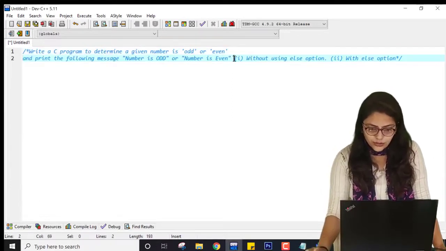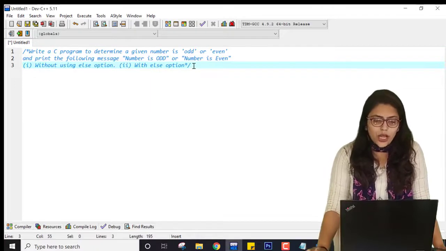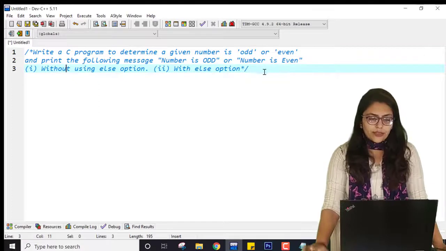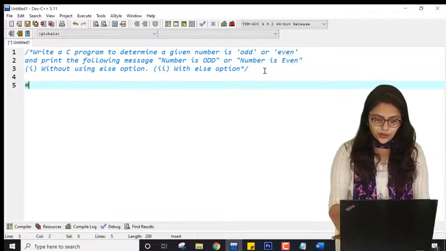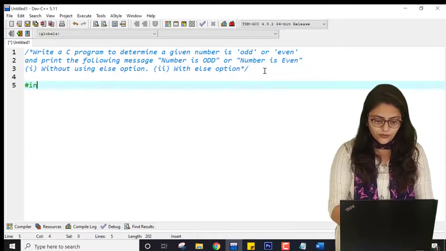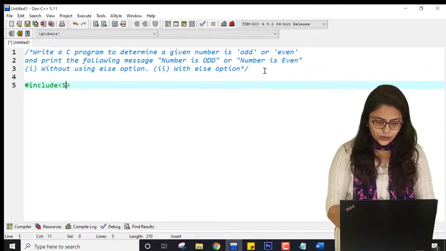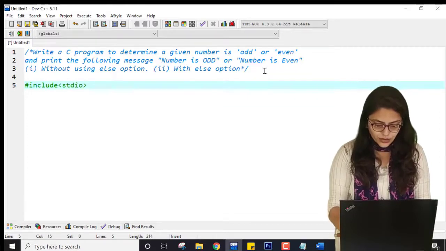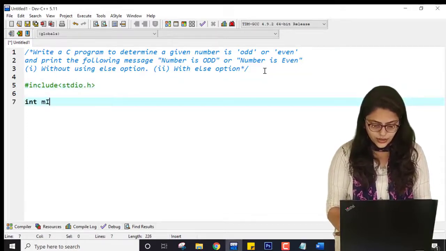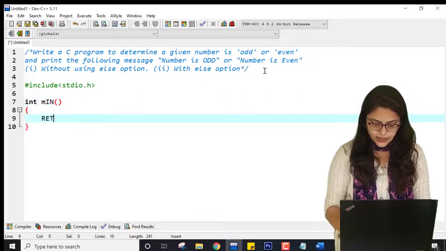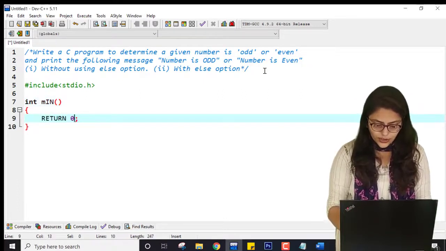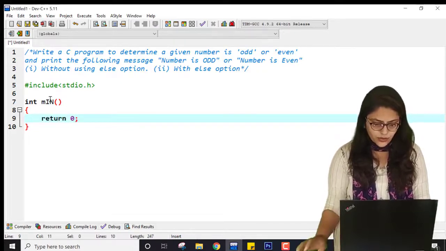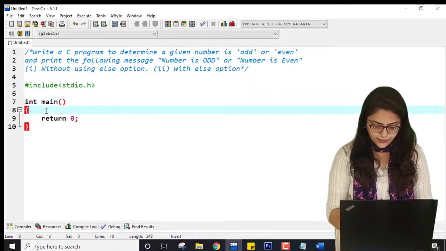Okay, so I hope it is visible now. Now what you can do, you can start coding. So for this option, first you have to take a value from the user. Which value should be taken? Include stdio.h, then int main, then return 0, which is common to all programs. Okay, return 0 and here it is main.